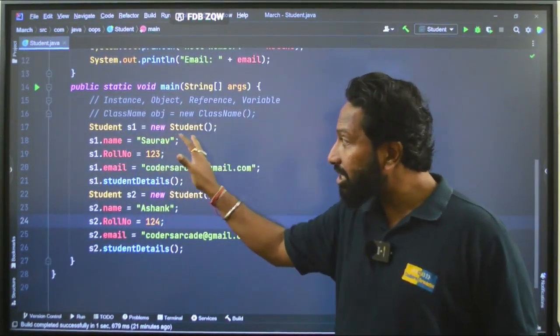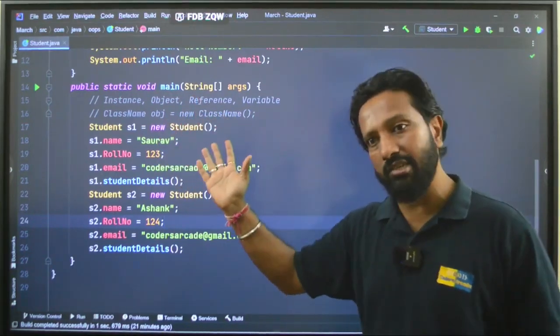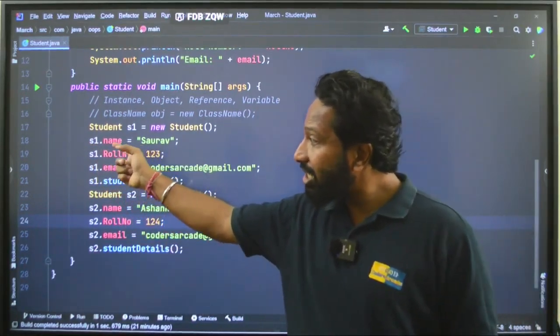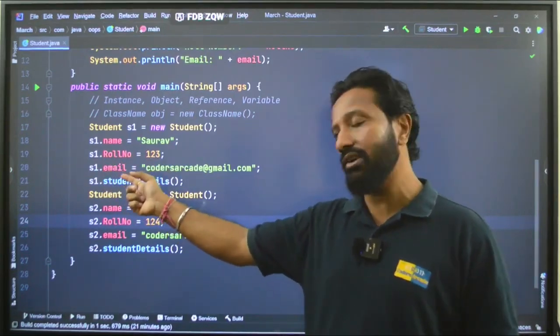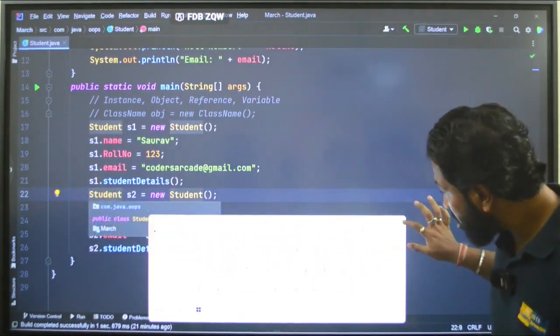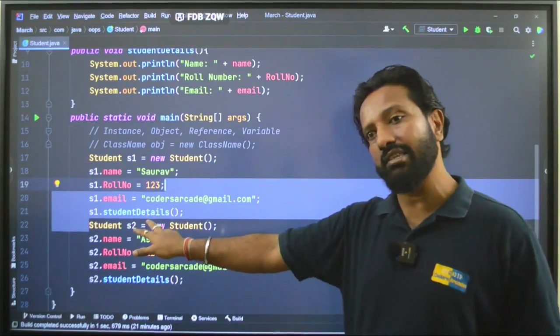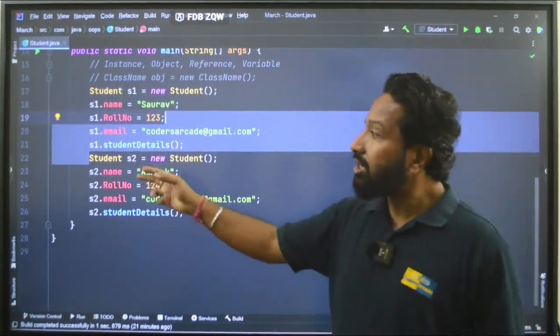So, class name object equal to new class name. This is actually the constructor which is getting invoked whenever we are creating an object. Got it? Now, see, I have initialized them like this: s1.name, s1.roll number, s1.email ID. Got it? After that, s1.student details. With the object, I have called this student details function or the method, right? And you can see here, benefit.